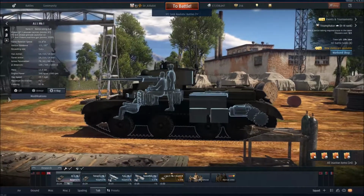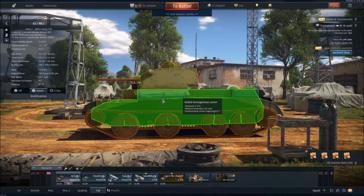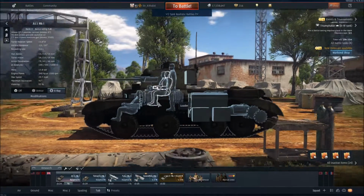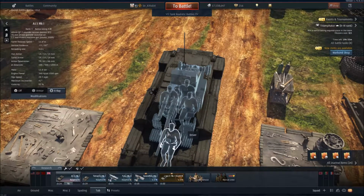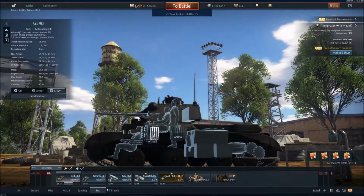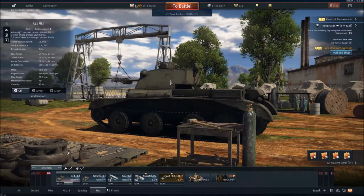From the side, pretty much just shoot it here. Underneath, or in the side of the turret, I guess. But I think you'll have more luck if you shoot it around about here on the side underneath the turret. Because if you look here, it's mostly empty space. Yeah, actually, shooting the side of the turret. Because if you kill 3 people, then the fourth one hasn't got much of a choice but to get out. I mean, you might get lucky and set one of the ammunition blocks on fire, but they are quite small. So, yeah, shoot it in the side of the turret. From the side. From the rear,